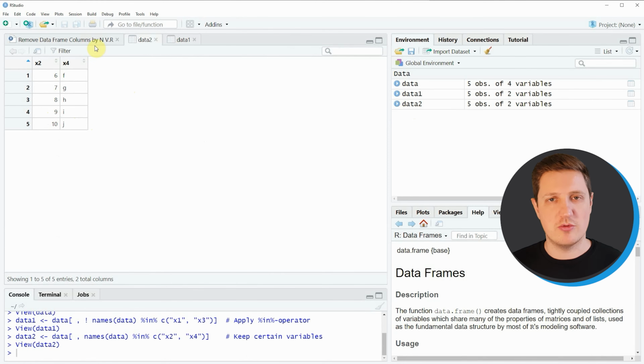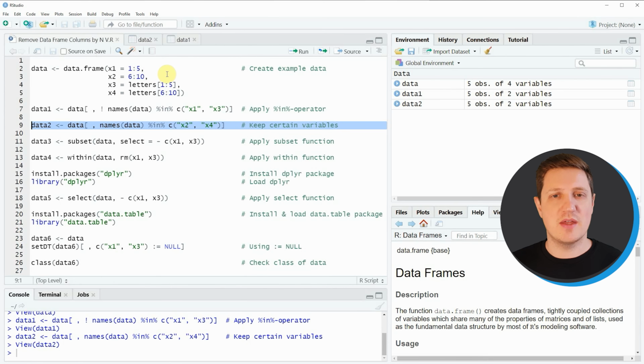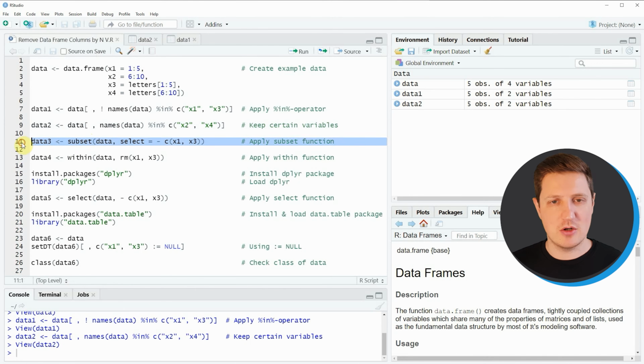Another alternative that I want to show you is based on the subset function, as you can see in line 11 of the code. Within the subset function, we need to specify the name of our data frame, and then we need to specify which columns we want to select or which columns we do not want to select.